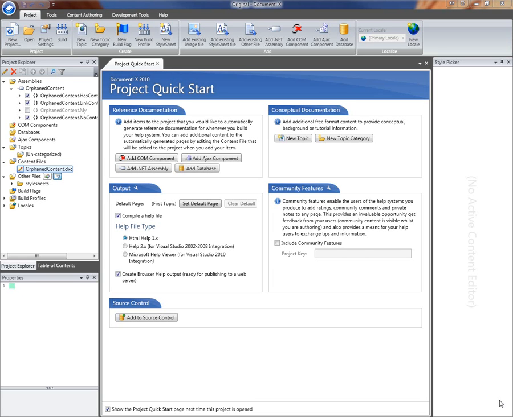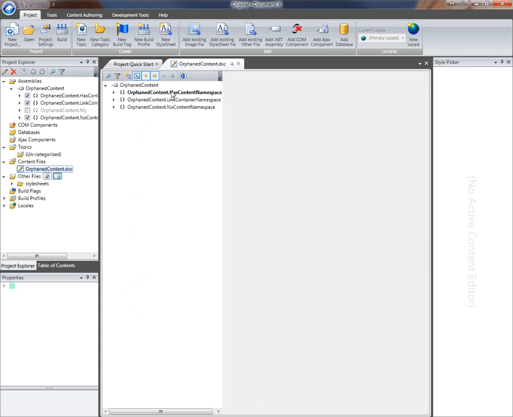So you have some content you've created against a class and it has been renamed, and from that point onwards DocumentX can't find that class and the content is considered orphaned. What I've got here is a project open that contains 3 namespaces, but did originally contain another namespace that I've subsequently removed. If I go into my content file, I can see my current content, my current namespaces,